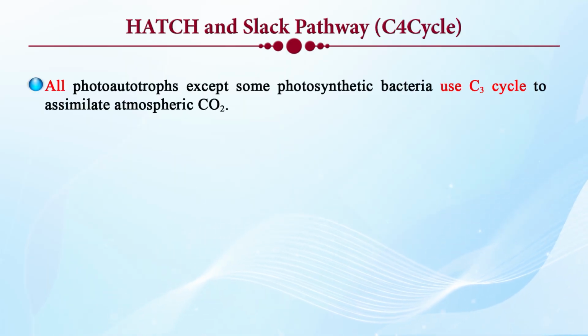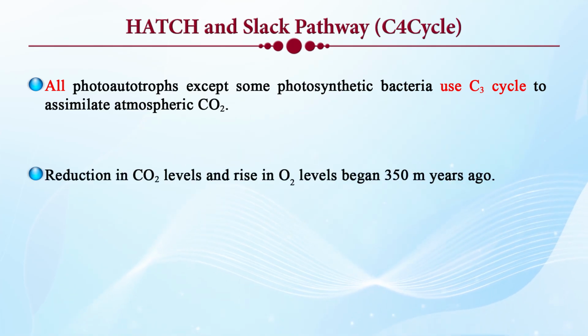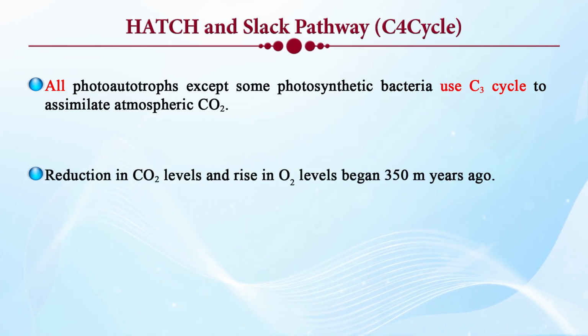Now what transpired a little later was very interesting, because people thought that this was perhaps the universal pathway in all the plants and the photosynthetic autotrophs, that is the photosynthetic bacteria. But then something else was in store. So we should first remember that the C3 cycle is in fact a universal cycle, no doubt, that utilizes the Calvin enzymes. And what really happened was that as this oxygenic photosynthesis proceeded in the world, there was a